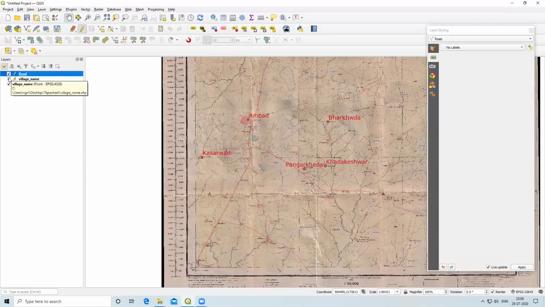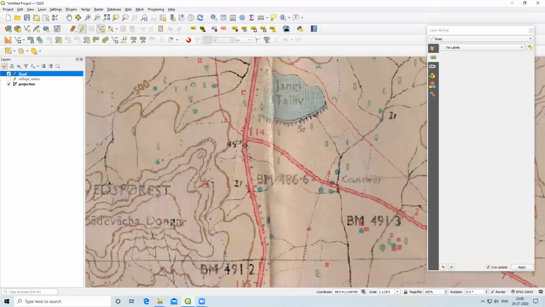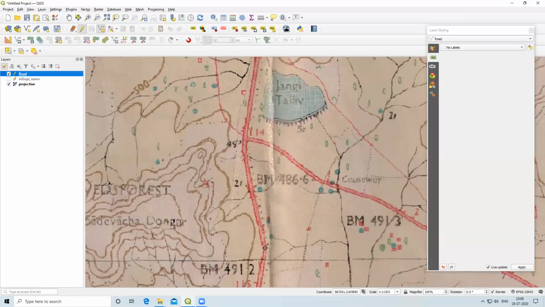So now we want to digitize a line, so I will select add line feature, and you can use a scroll option to zoom in or zoom out. From here, if I digitize, if I uncheck this, you can see our digitized vertices.